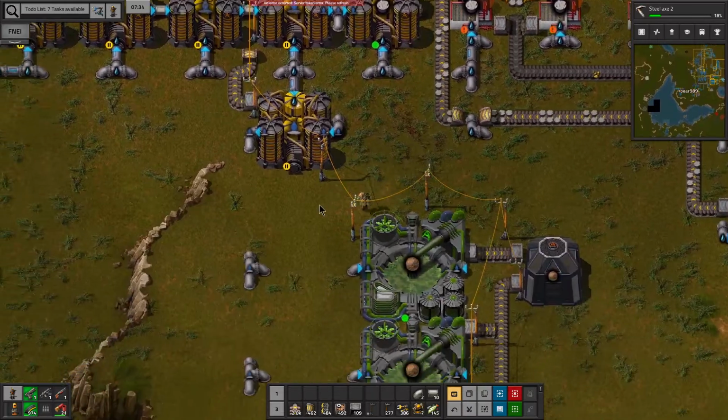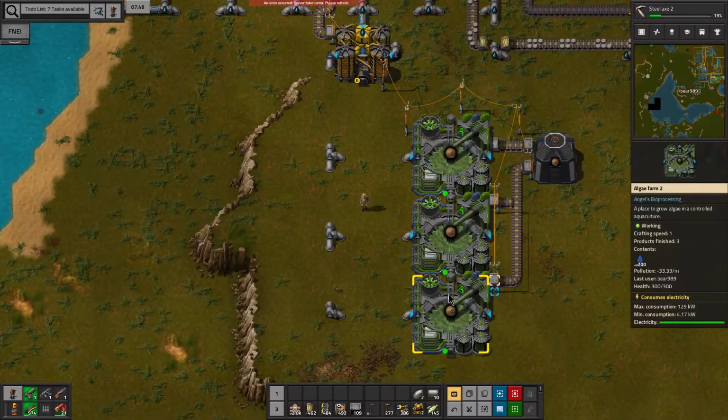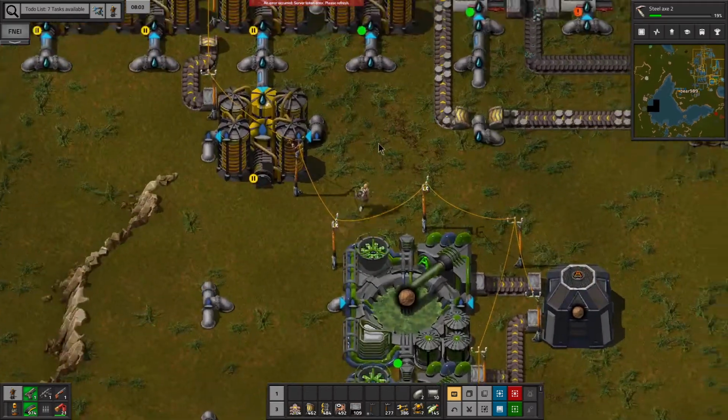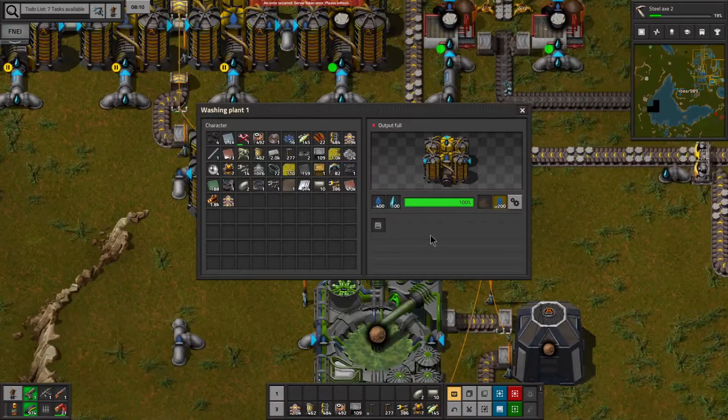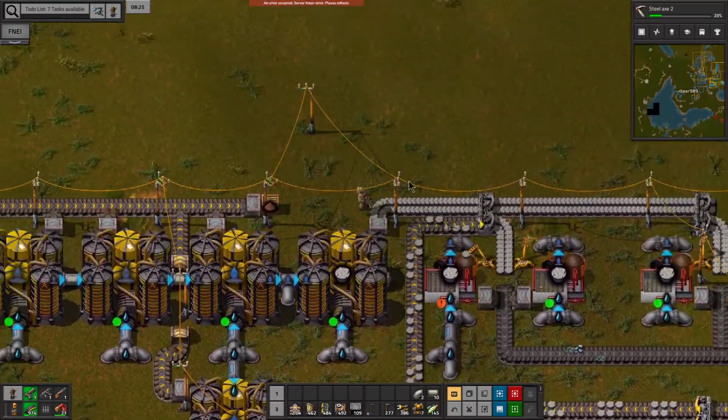So I went ahead and set these up. We now have 3 of them, and they're all number 2s, which is still not keeping up with the output of this, but